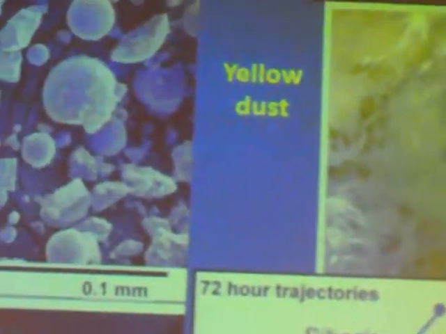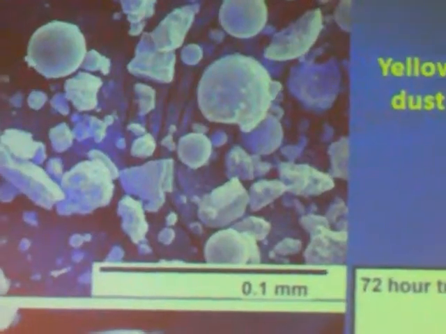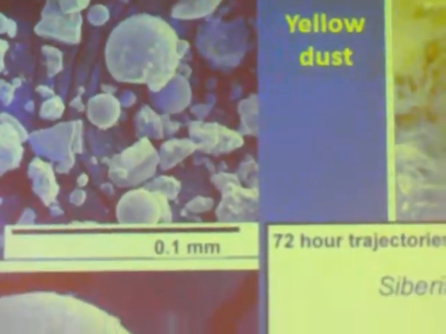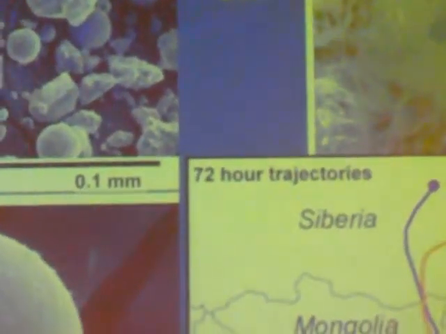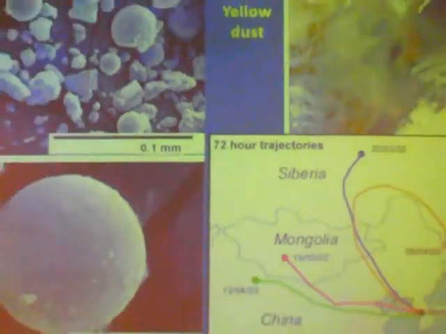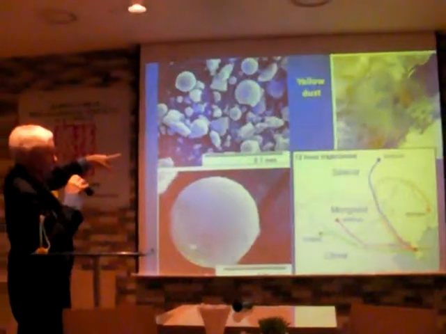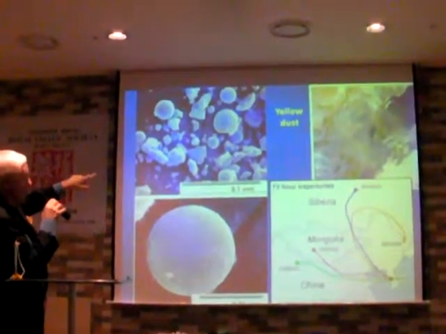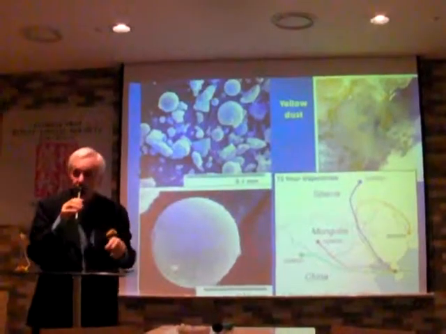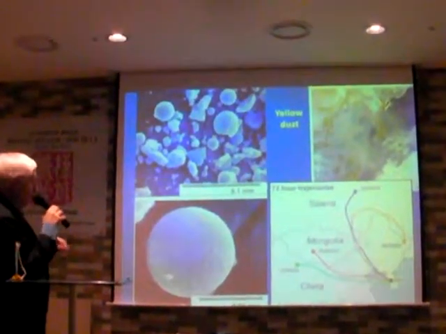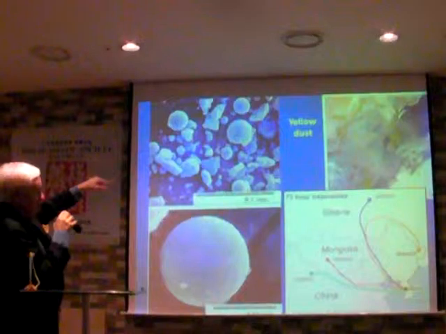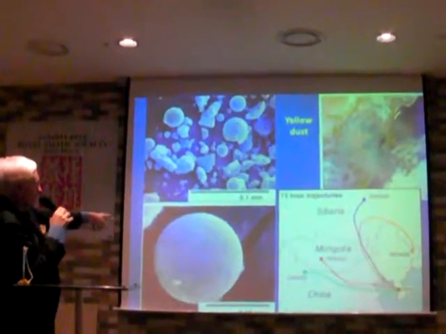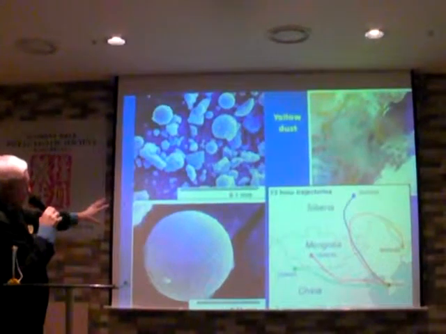And if one takes a look under the high magnification, in this case it's a scanning electron microscope, and here you can see the scale there, 0.1 millimeters. We're looking at these kind of particles that are in the dust. There are two kinds of particles that immediately catch your eye. There's the broken up pieces, which are natural mineral fragments. And then there are these circular balls, spherical things, which in the lower part there is a large one shown,